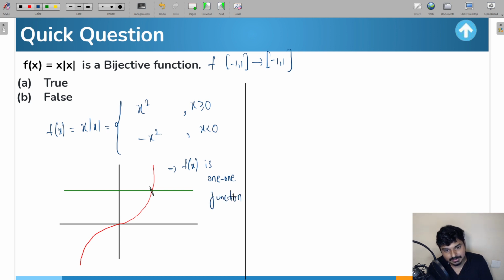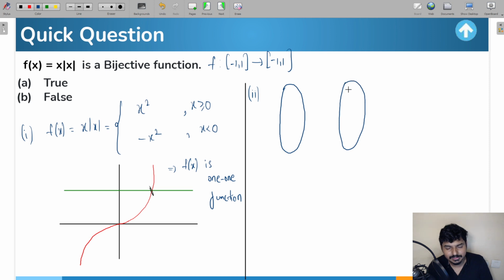Okay, now let us understand the second part. Is it going to be onto? So how do you check that, everyone? Well, very simple. Now the second part of the question is, is it going to be an onto function? For that, try to understand, guys. If you take the Venn diagram, as I told you, this is the first set and this is the second set. Let us say this is set A and set B. Set A is -1 to 1, so you can take any value between -1 to 1. Set B, again, you can take any value between -1 to 1.